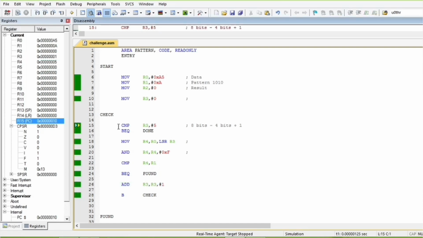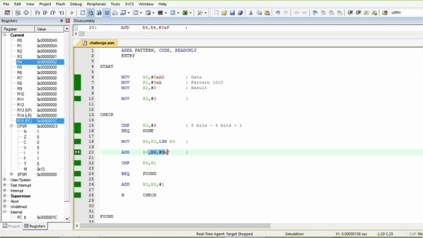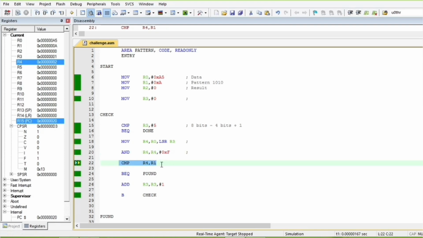So here again we perform the comparison. R3 is not yet 5, because of which Z is still not 1, hence this branch will not occur. Now we perform the shift operation on R0 by 1 bit position. The result is stored in register R4, that is ANDed with F, and we compare if there is a pattern match. Since that is not the case, we continue incrementing R3. This continues